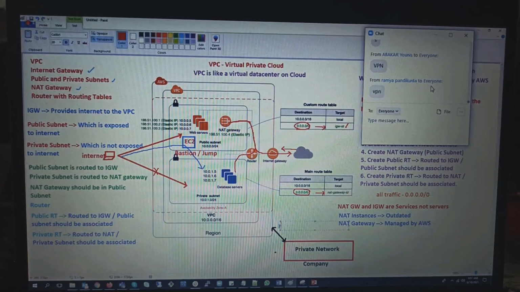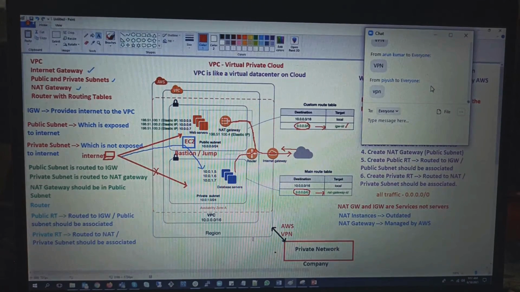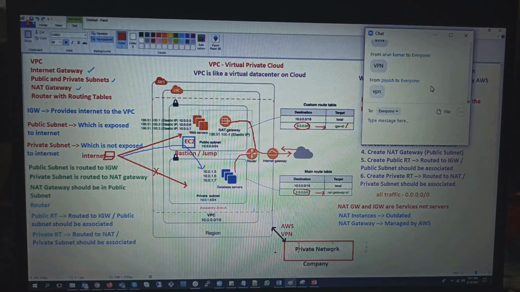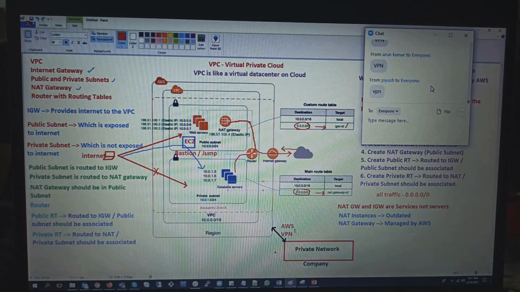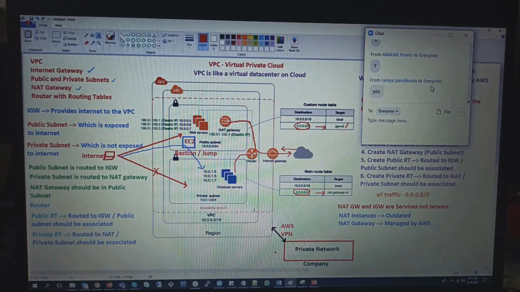Guys, to connect to the AWS, you have something called VPN, Virtual Private Network. Your company network team might have already set up a VPN connection from the company to AWS. If it is VPN, will you connect to the Bastion server, or can you directly connect to the database server? Can you directly connect to the private subnet? Yes, guys, you can directly connect to the private subnet because this is VPN, Virtual Private Network. It is private to private. This is a usual case, right?